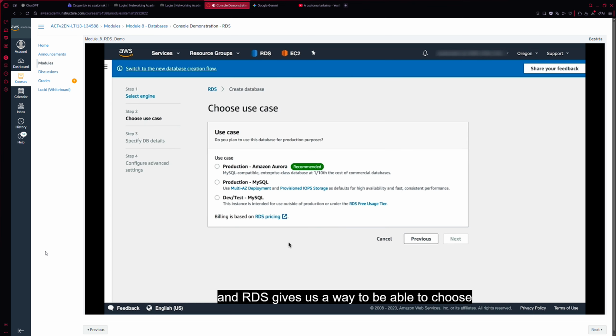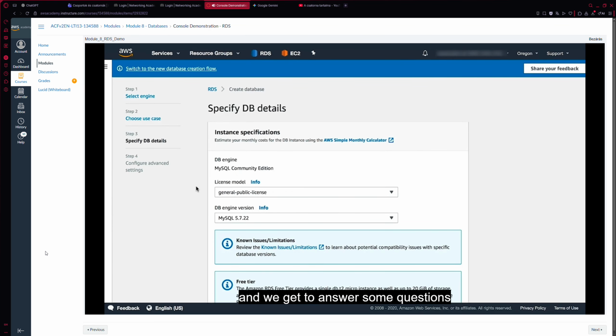And RDS gives us a way to choose what type of use case we are going to be applying in this particular case. In our case, we're going to be generating a development and testing database. And we're going to make it applicable for the free usage tier. We're going to click on Next after that, and we get to answer some questions related to this particular database